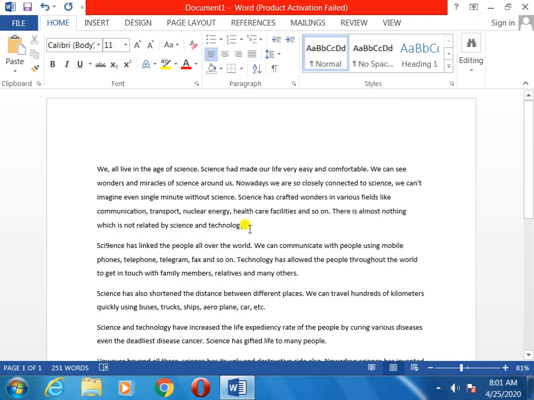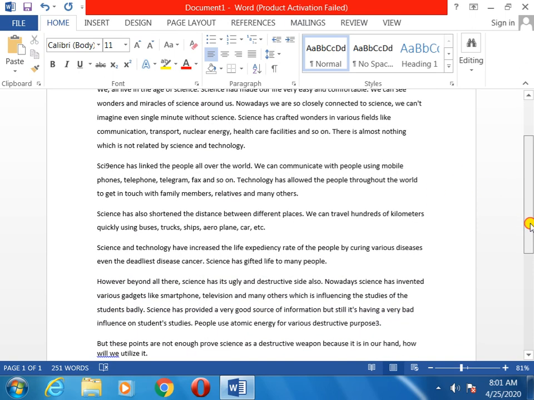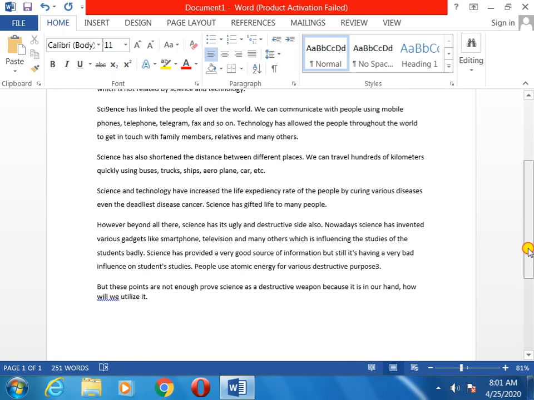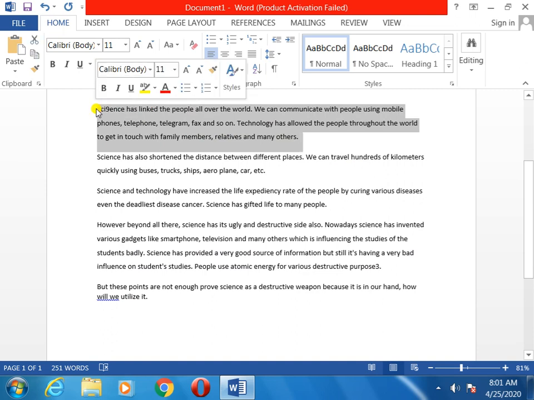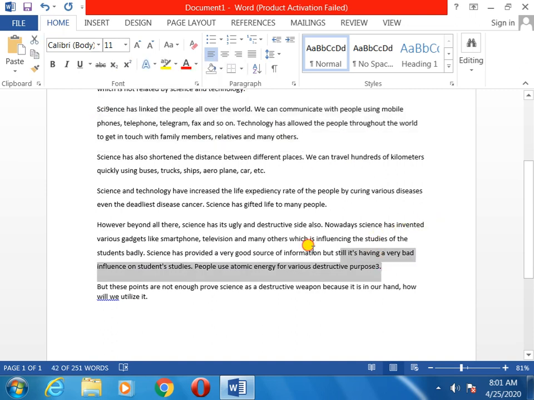Previously the line spacing was not more. Now I am showing the difference. Now you can see this one. Follow the difference here and this one. It is more, but that one is not more.